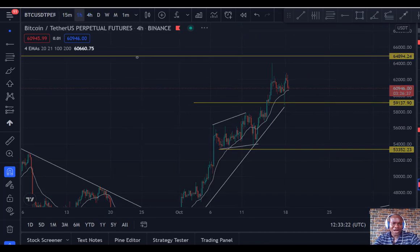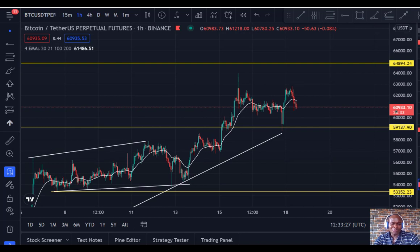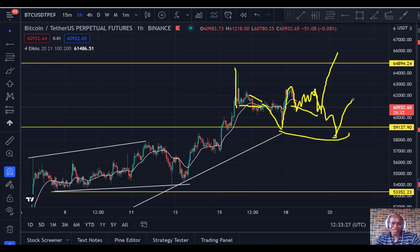On the 1 hour it's still the same thing. I think it should be a complex correction, because this is completed, 1 2 3 is over, ABC. So if this is one that will go, this is the first wave, so expect a correction here at the drop of this, then you can take it here. Or if it starts dropping and breaks this low, that means it gives us a complex correction. So two things we're expecting: allow the market to complete this phase